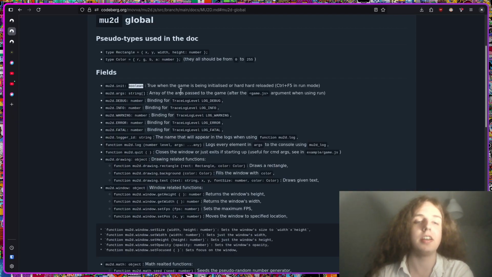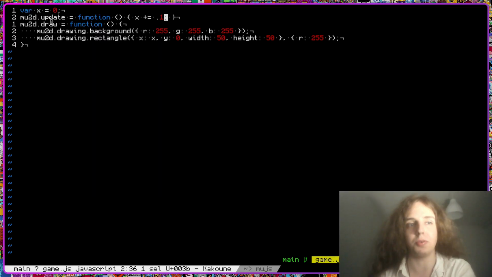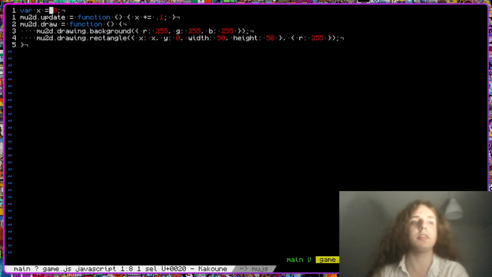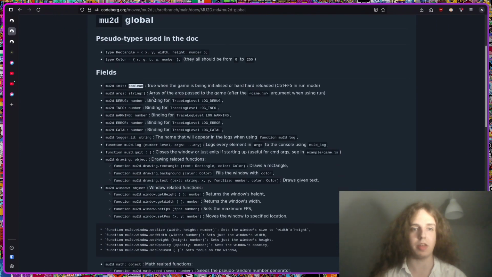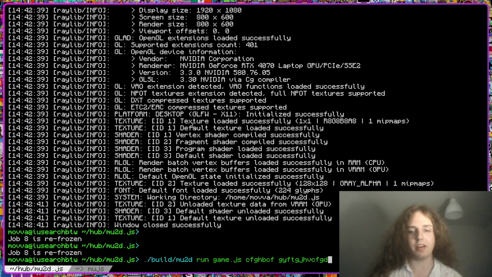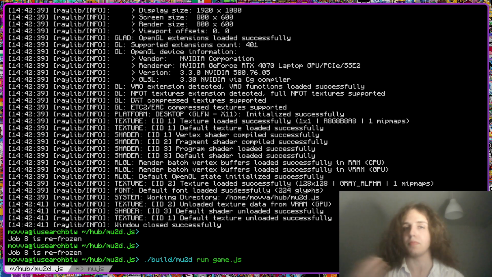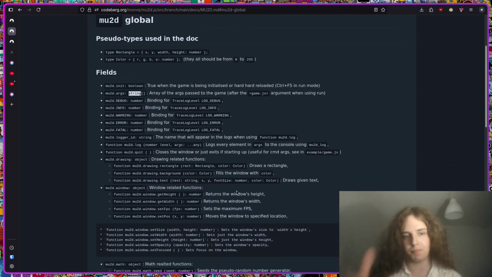So essentially, if you don't want to reset X when refreshing, because you can refresh, I will show you, you can put that in a block with an if. So you can also have the args passed to the game. So when using run, essentially it's every argument after game.js here. And when it's bundled, I will also show you that later, it's just the arguments, except the 0th argument, the program. It's not passed anywhere.